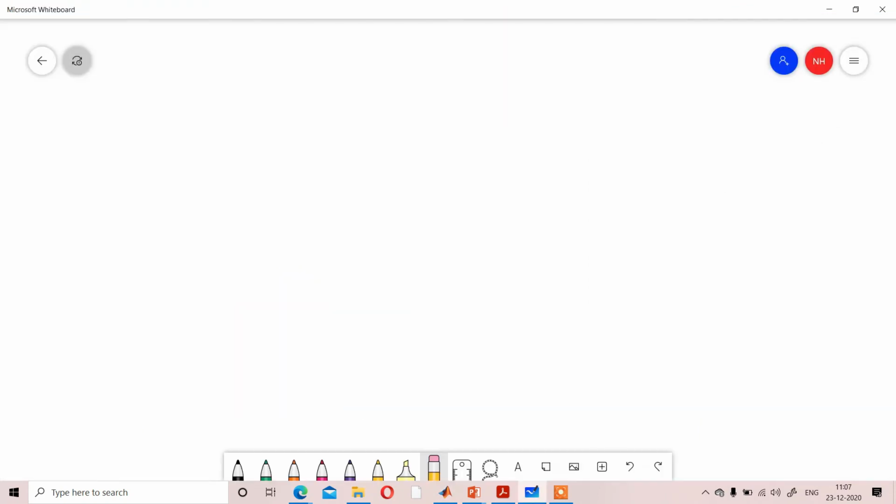Okay, the next topic is the convex hull. That is a very important point, and you need to understand it very clearly. Convex hull, what is that? Suppose you have a set of pixels like that.